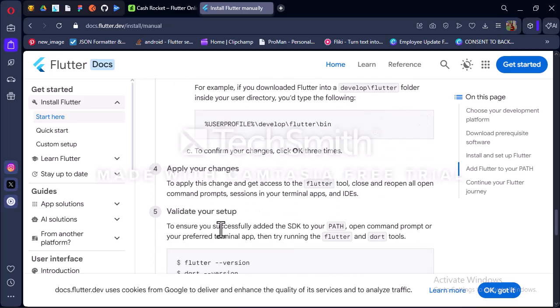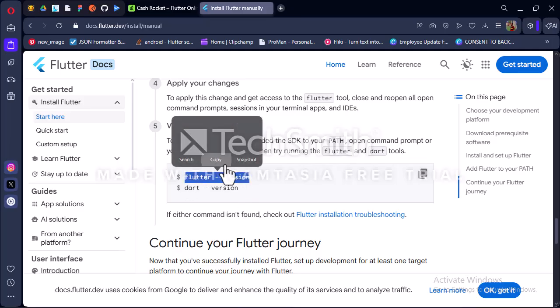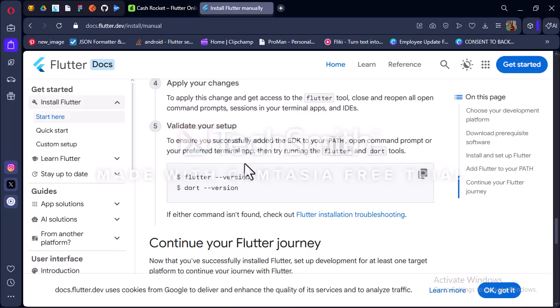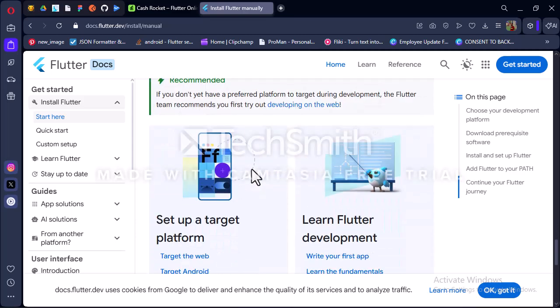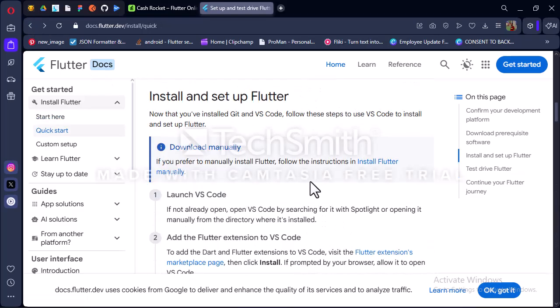And how do you confirm this validation? You just want to go ahead and type this in your command prompt. By the way, if you already have any command prompt open, you just want to close it and open a new one, and then type in flutter --version, as well as dart --version. This is going to show the latest versions of your SDK, and then you are good to go. So that being said, let's go ahead to show you how to get your Flutter